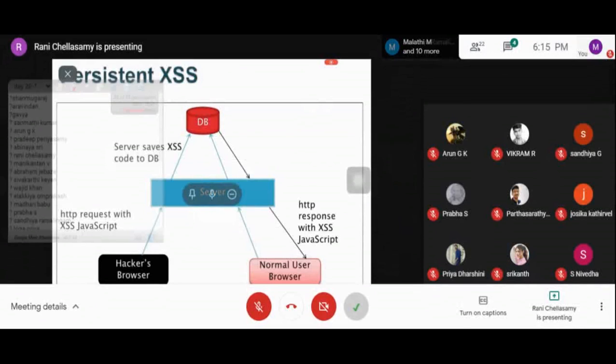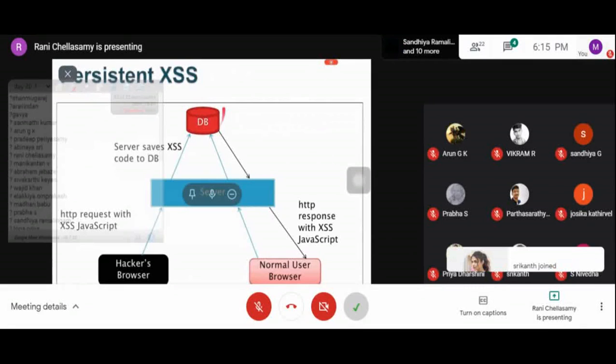In this case, the hacker can also steal the cookies and modify the web pages. Here you can see the example script. This is JavaScript code, where the hacker is adding document.cookie. Here is the hacker's browser.